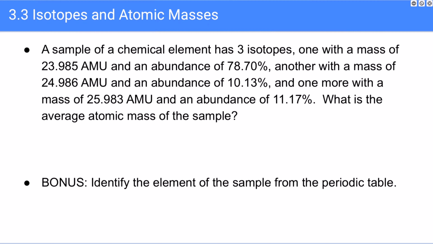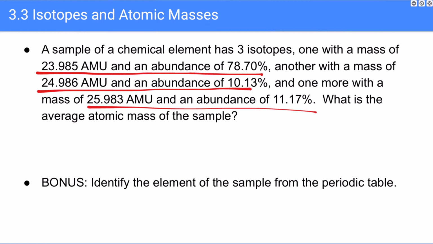So in this instance, we have 3 individual isotopes that we need to take the average atomic mass of, but we follow the exact same rules that we did before. That's one of our isotopes, another one of our isotopes, and a third of our isotopes. So all we need to do is take the individual mass of the isotope and multiply it by the abundance. So 23.985 times, and again, that needs to be in decimal form, so 0.7870 plus